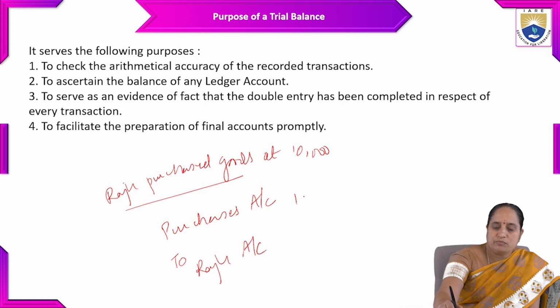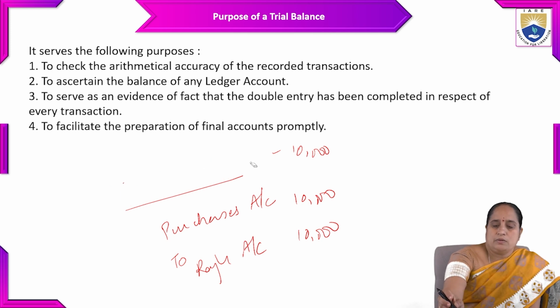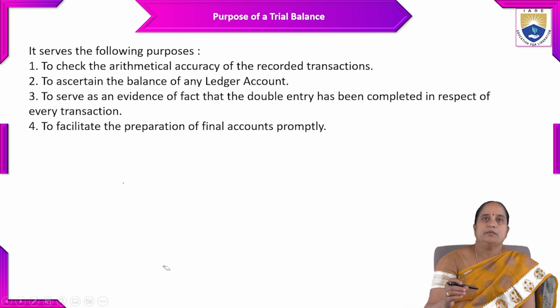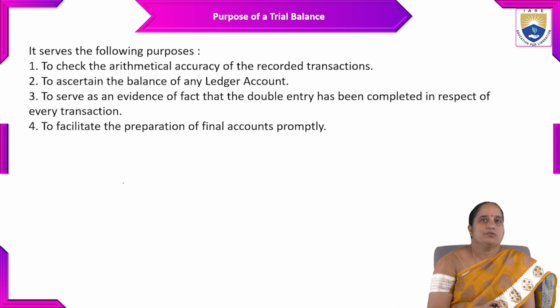The same amount we enter into different accounts. This type of entry is known as the double entry bookkeeping system. So in the ledger, in most cases the same transaction is recorded two times. And to facilitate the preparation of final accounts promptly,